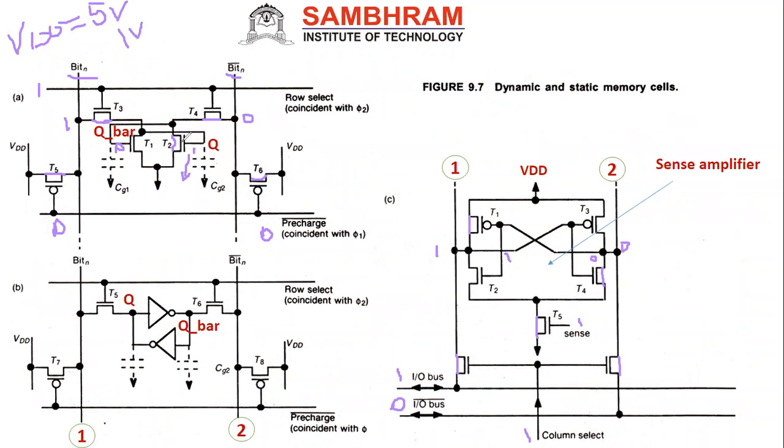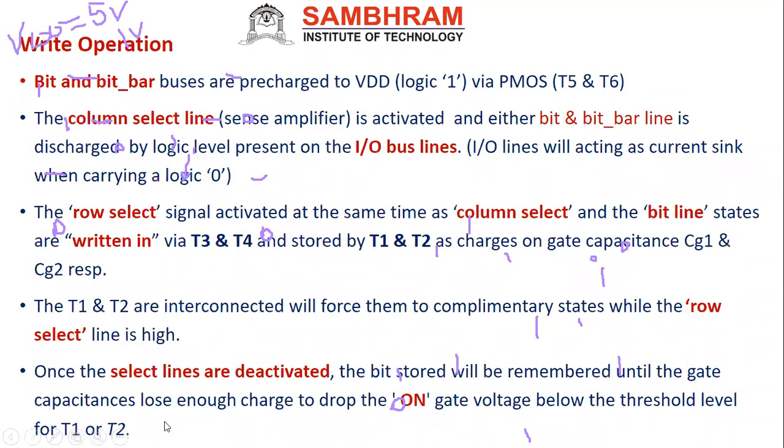If this becomes an off state, automatically what will happen here? It becomes an off state in the sense that the transistor is not conducting, then here its value is 1, right? This is the 1, then this will be off state. So that is the problem here, T1 and T2.